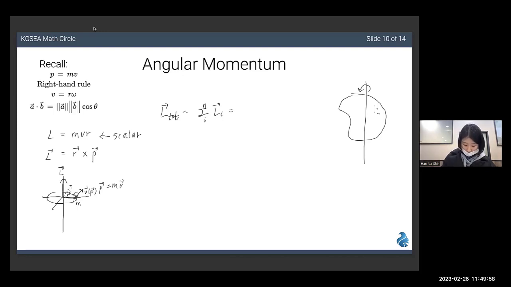And we know that L is r cross p, so let's write that out as well. Now here we know that